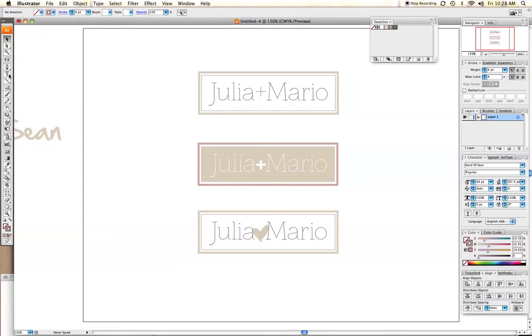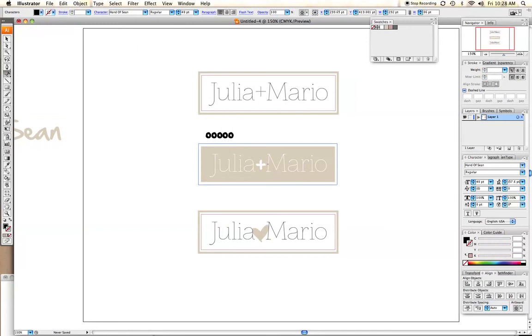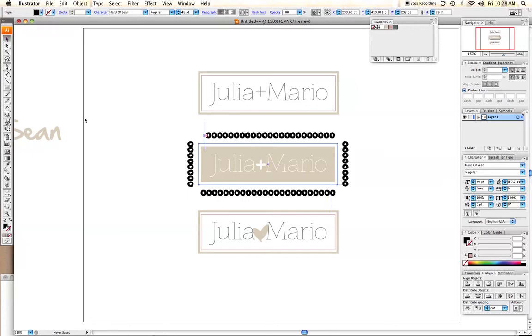You can even get fancy. This is a nice little trick that I like to do. It's super simple. Use your type tool and convert a shape into a type object. We're going to do it right like this, right here. I'm going to click right on my shape, and now I'm going to use bullets, option 8, and do bullets all the way around. I don't like the style of these bullets, so I'm going to change that. But you can see, and I have to play with the kerning too, but you can see I can easily do like a dotty border,